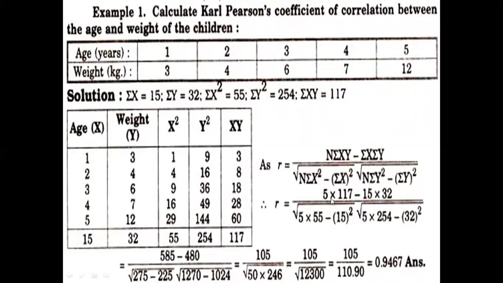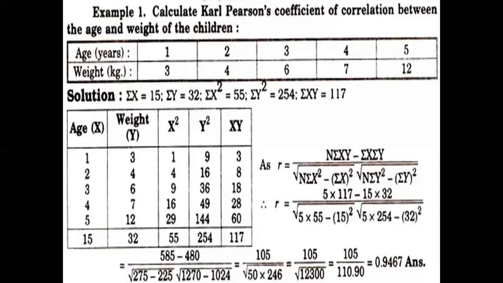5 is the number of pairs we have of x and y variable. So we put the value of n, which is 5, multiplied by sigma xy. Now the sigma xy value in the table is 170, so we insert that here, minus sigma x into sigma y. Sigma x value in the table is 15 and sigma y value is 32. Now apply the same upon the square root: n sigma x square. The value of n is 5, multiplied by sigma x square. The total of your x square was 55. So we have applied it, minus sigma x whole square. So we need to do the whole square of x, meaning the value of x sum was 15, so we need to do the square only.